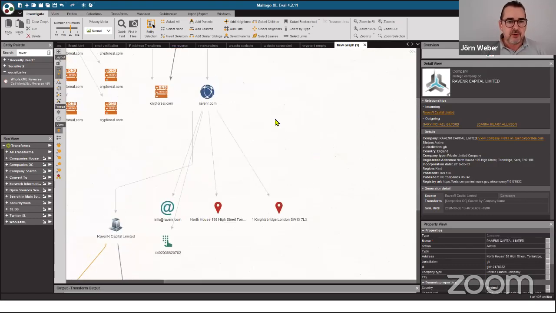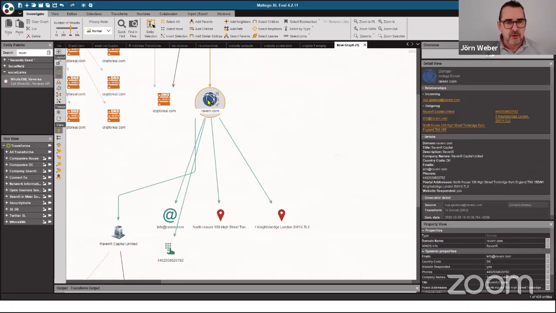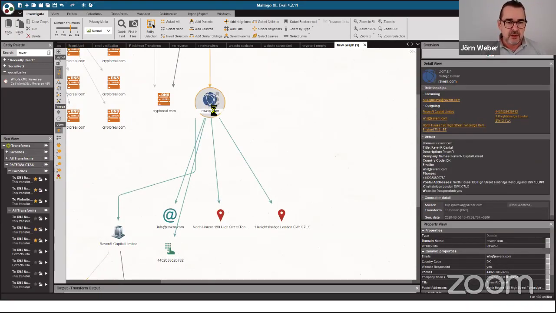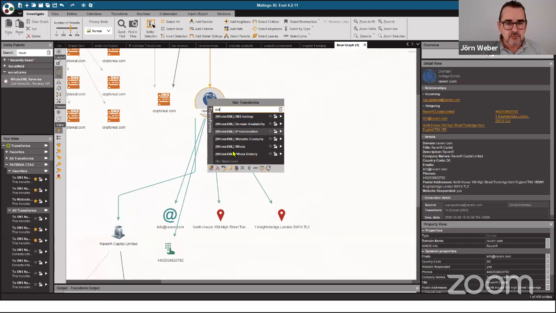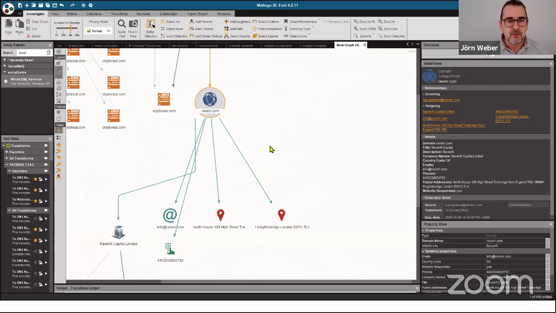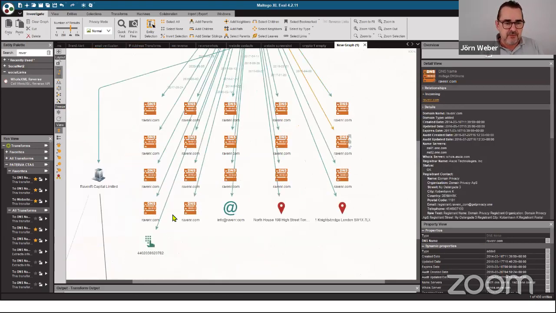But of course, we are not at the end. So that was just the view on the contact data. So what else we can do is the Whois data, Whois history. Because the question is, why is she connected to this capital limited thing in London? And so who is maybe behind that? And we start again with the oldest data.